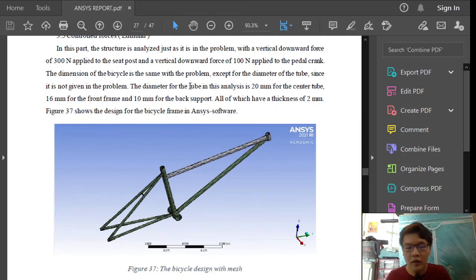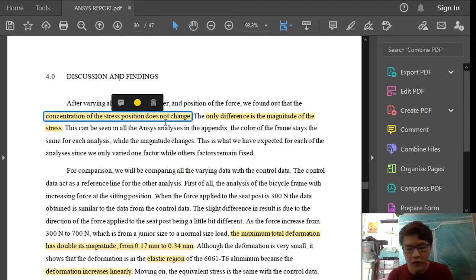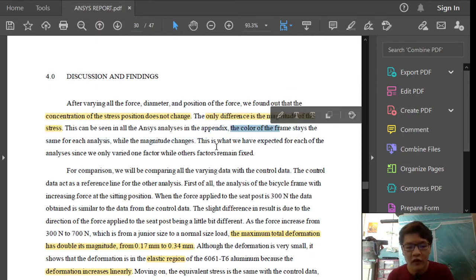Since there is no diameter specified in the problem, we assume that in this analysis, the tube diameter is 20 mm for the center tube, 16 mm for the front frame, and 10 mm for the back support. In the discussion and findings, after comparing the results, we found out that the concentration of stress position does not change. The only difference is the magnitude of the stress. This can be seen in the appendix, where the color of the frame and the position stay the same when